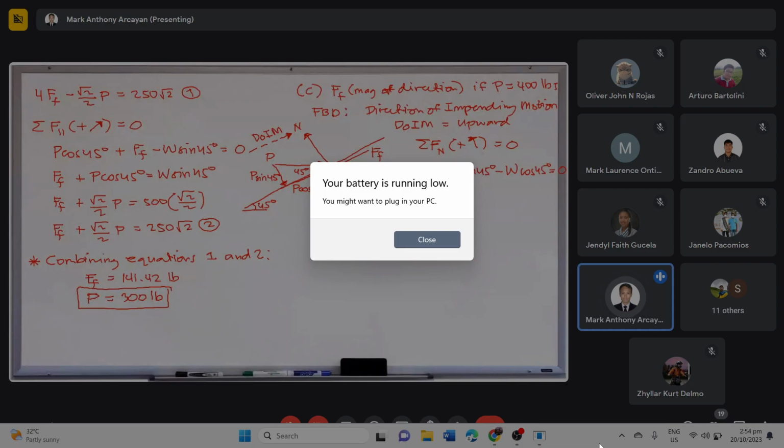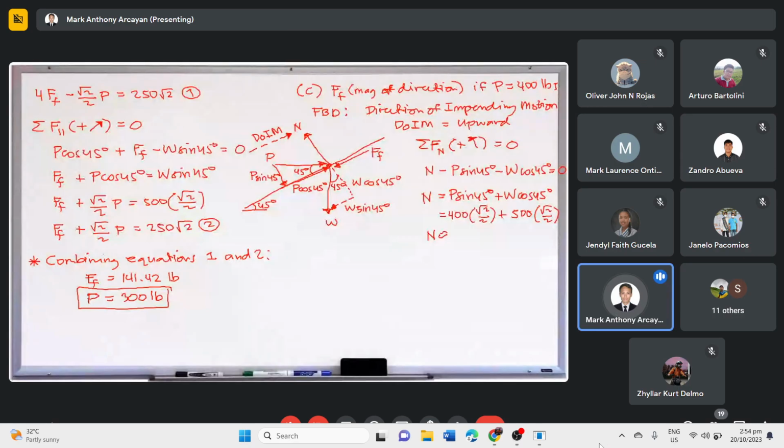Now, diri sa summation of forces normal, makuha din nato ang normal force no kay given man tag P. So, N is equal to P sine 45 degrees plus W cosine 45 degrees. So, P is 400. So, 400 times square root of 2 over 2, then plus the weight, that is 500, then square root of 2 over 2. Kung imo na siya input sa inyong calculator, 400 plus 500, so that's 900 multiplied by square